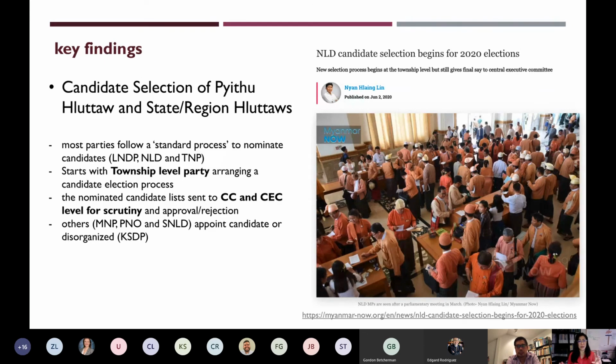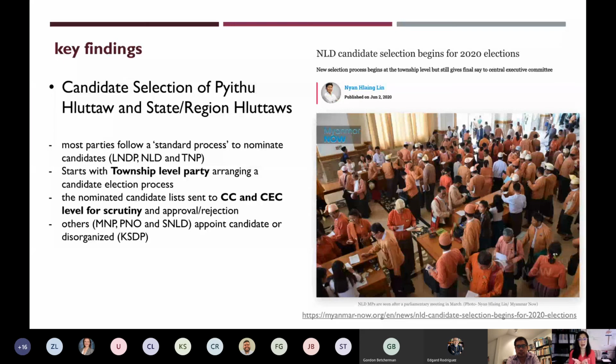So as you know, the candidate selection process is ongoing right now in Myanmar in the run-up to elections. Everybody should be watching with bated breath who gets included in the candidate selection list. For candidate selection, what is very interesting is that most parties follow a standard process to nominate